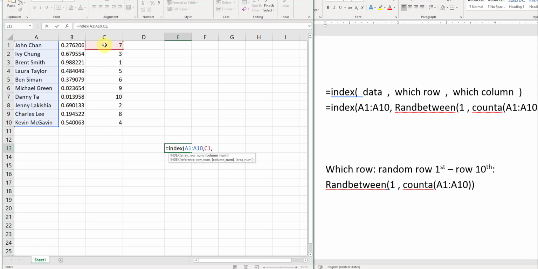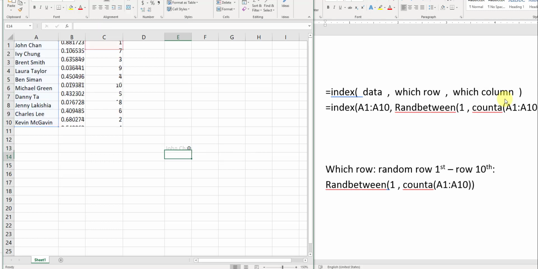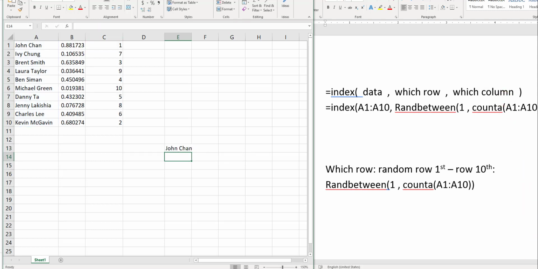And because this is a random number, then which column? Column number 1, and then I hit enter. And now if I drag the whole thing down for 1, 2, 3, 4, 5 names, now you see there's some error,